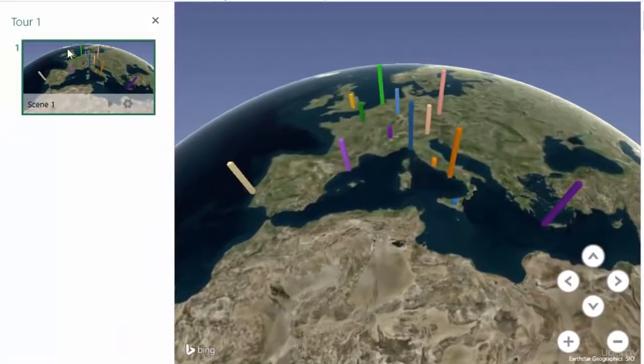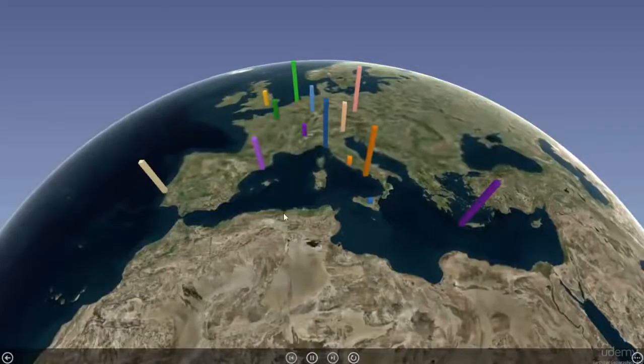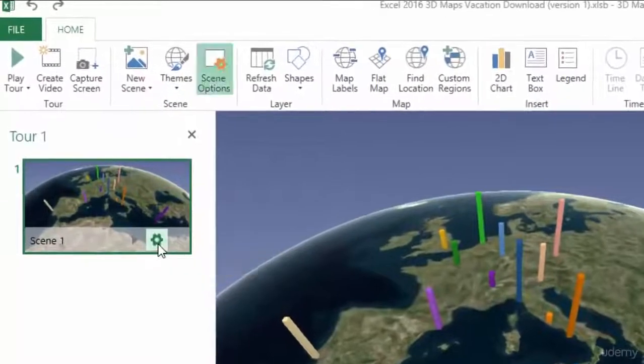And then of course it's already created one tour here, and I can click play and it'll show me what it's going to show me, but it doesn't really have any animation attached to that yet. And the animation takes a little bit of playing with to get it right. But I'm going to change the settings on this,